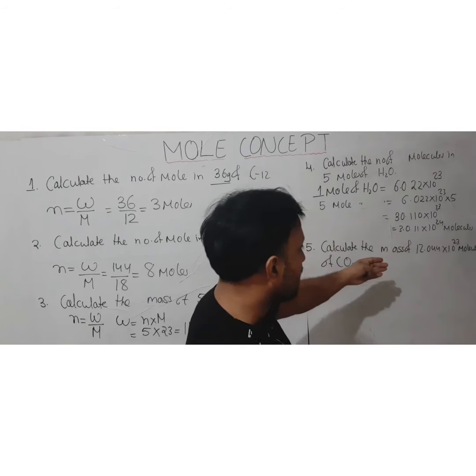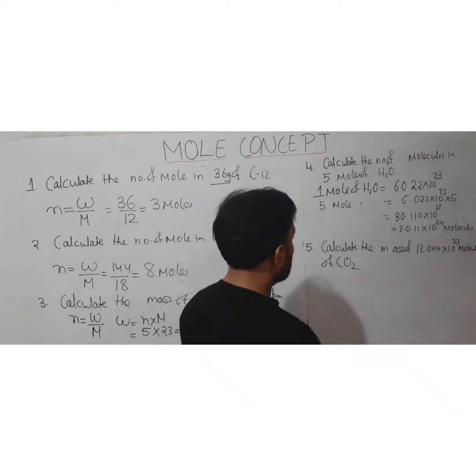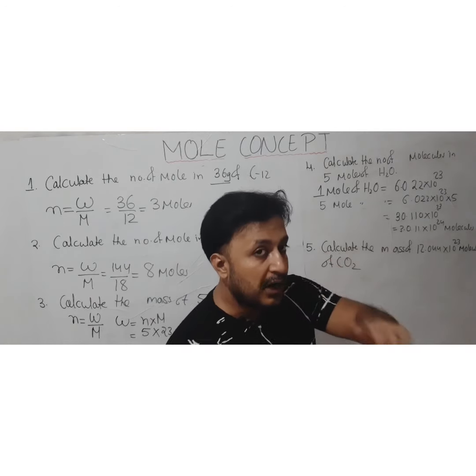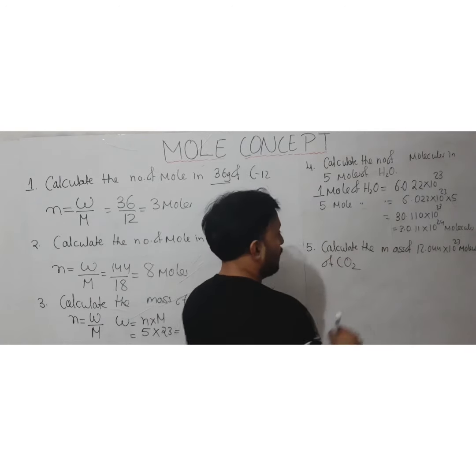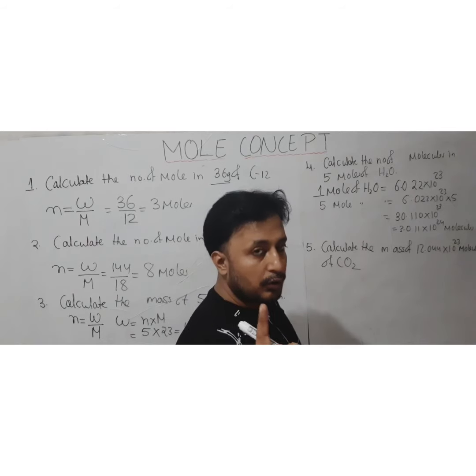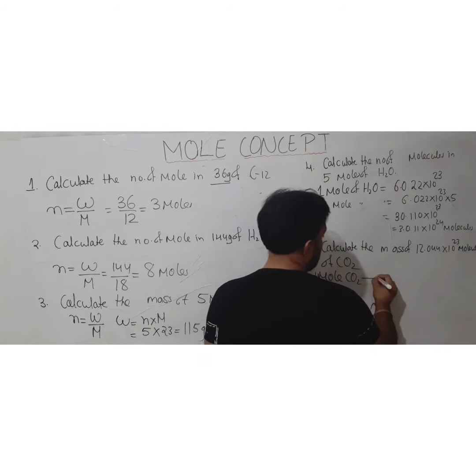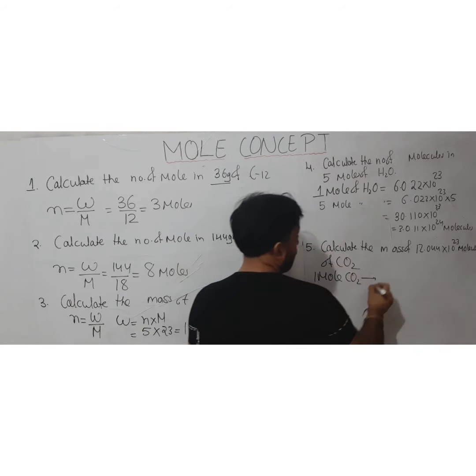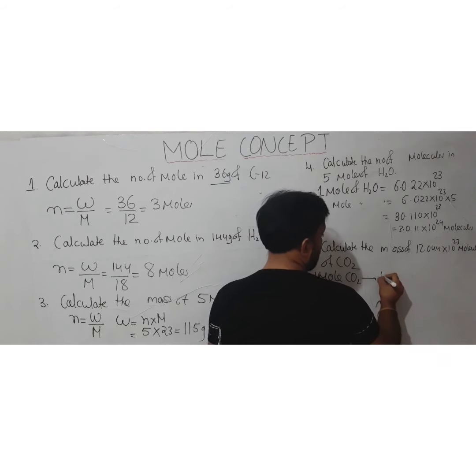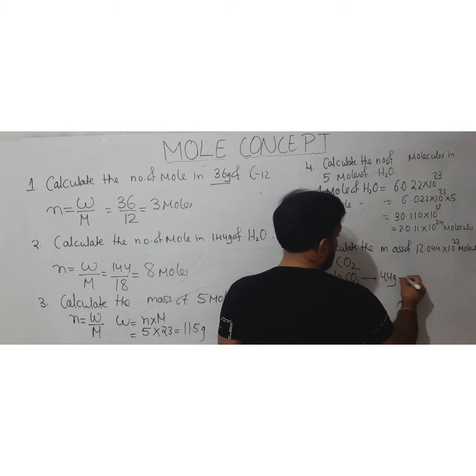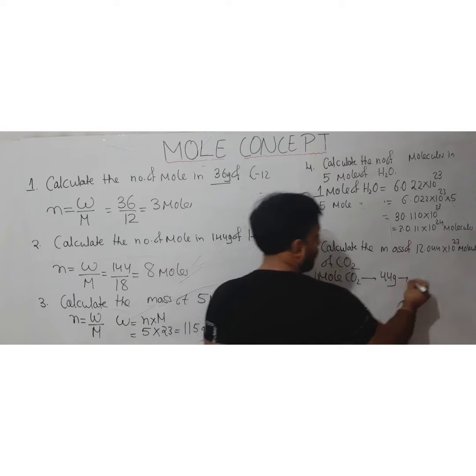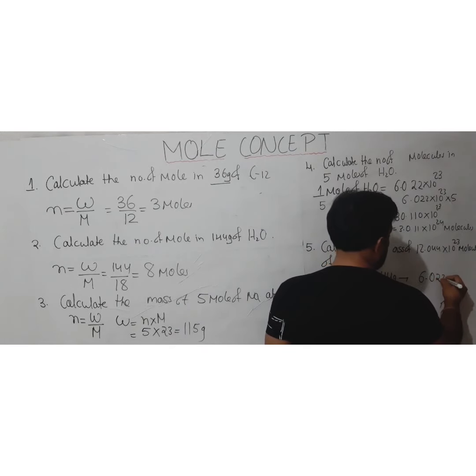So this time molecules are given and they are asking the mass. So now the relationship is between the mass and molecules. Now we know that in 1 mole of substance, if we are talking about carbon dioxide, then 1 mole of CO2 will be having the mass equivalent to its molar mass, that is 44 gram, and 1 mole is also equivalent to the Avogadro number. So how many molecules are going to be there? 6.022 into 10 raised to 23.